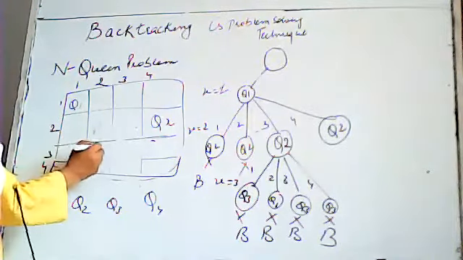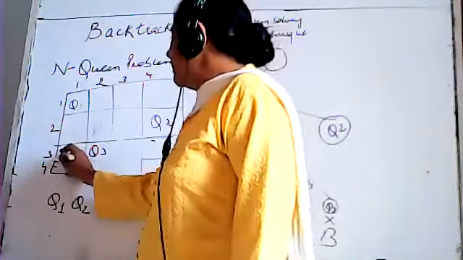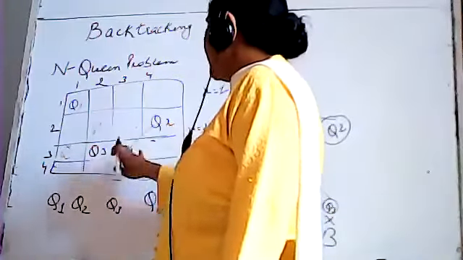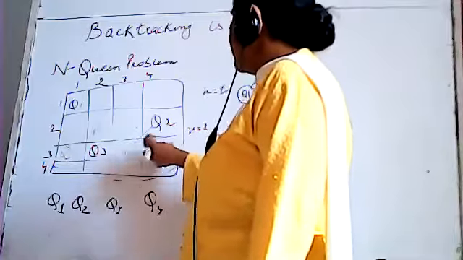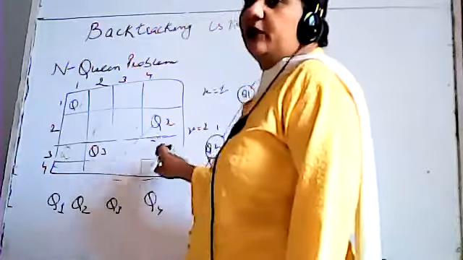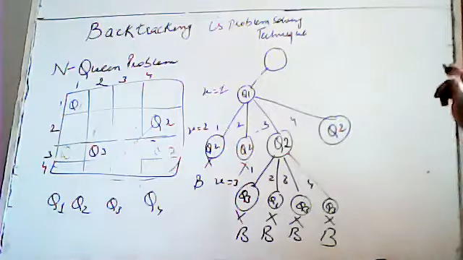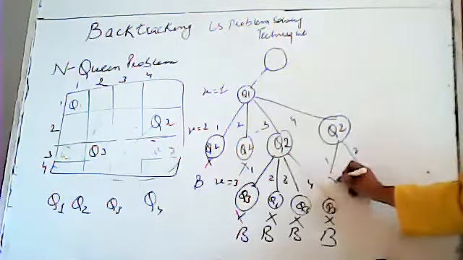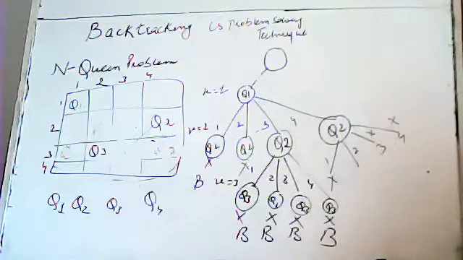Okay. Now where I should put Q3? Second column. So if I put Q3 here, we cannot put because they are in the same column. If I put Q3 here, it will be attacked diagonally. So we cannot put it in third column. If I put Q3 here, they are in the same column. So we are not able to put Q3 in the last column itself. So we are to put Q3 in row number 2, at 1 it will be stopped, at 3 it will be stopped, and at 4 it will also be stopped.